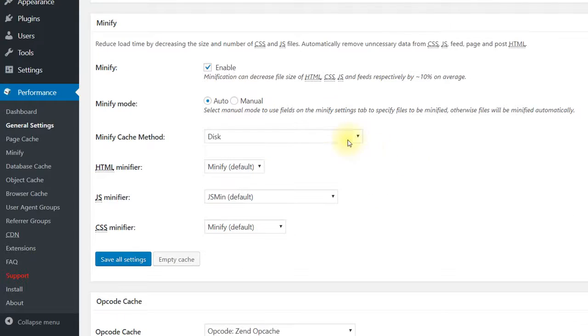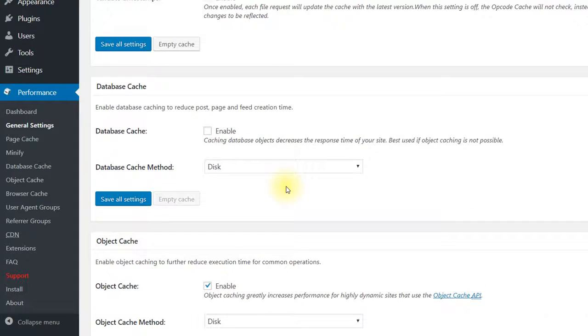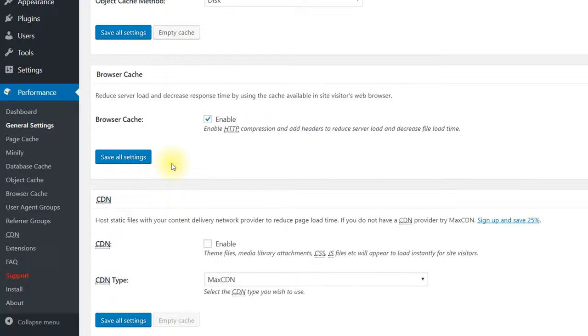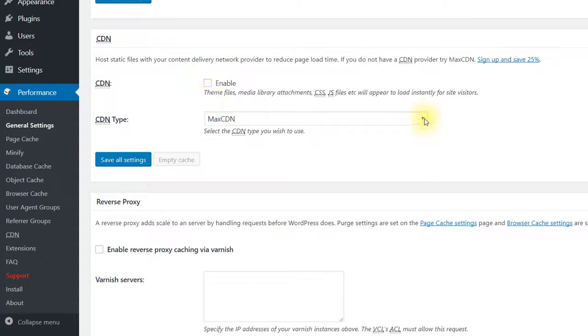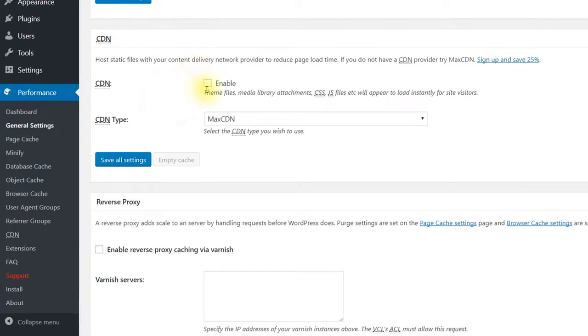Coming to Minify section, first disable this Minify and move on to opcode cache. Nowadays, most shared hosting itself offers opcode cache, whereas if you don't have, then leave it. Else, choose the one that you have. Coming to database cache and object cache, disable both of them. Now come down to browser cache, enable it, and coming to CDN. If you had purchased a CDN from any of these, then choose it and click enable, else leave it disabled